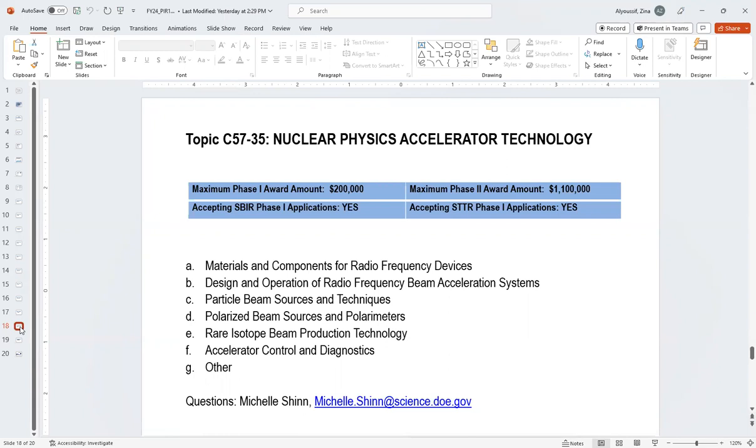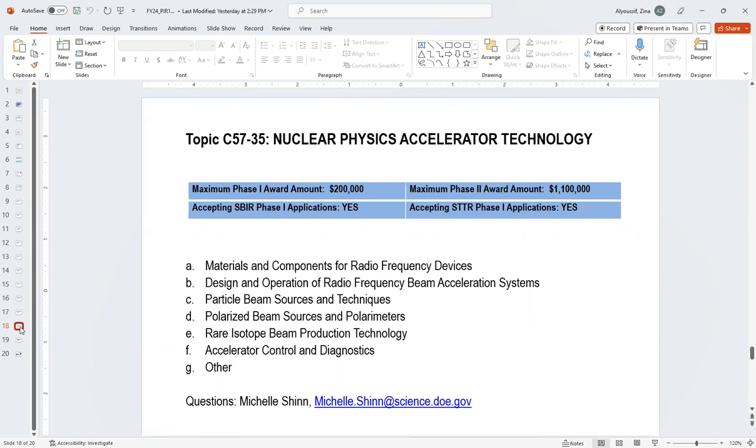So accelerator technology is a very important area, and you can see that it has more subtopics than the others, although many of these subtopics have been pared down to just one ask. That's because what we found over time is that the other asks are really looking for possible innovations, but the fact of the matter is everything works okay with what they've got. So if you thought you had something, it's better to contact the facilities and say, is there anything you could build that we can build to print?